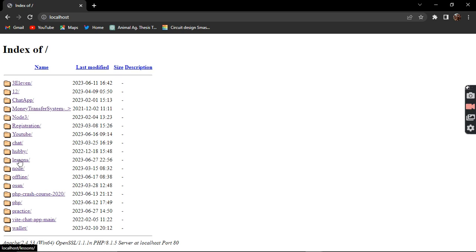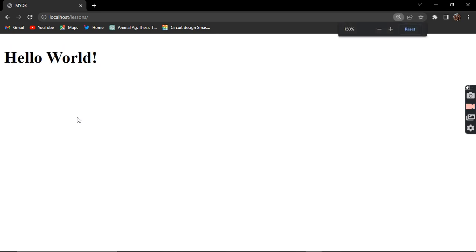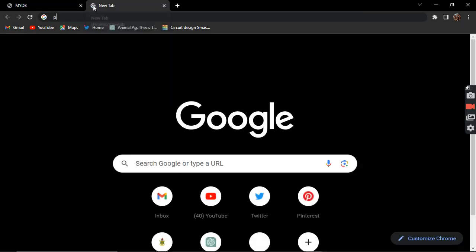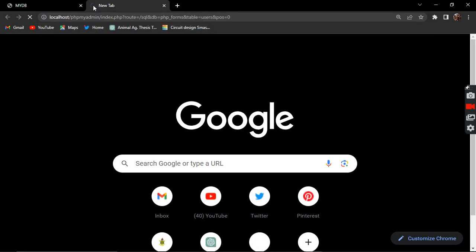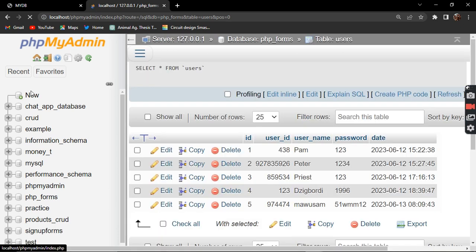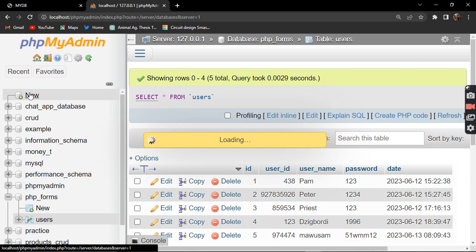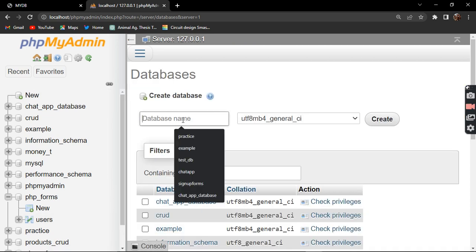and look for our folder called lessons. Now we will have our hello world already written. And before we continue, let's go and create a database in phpMyAdmin. So you come to new, let's create,